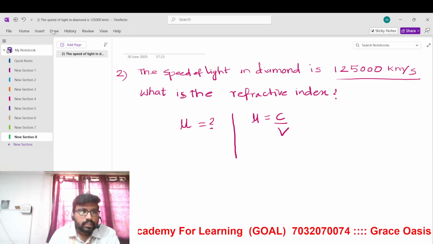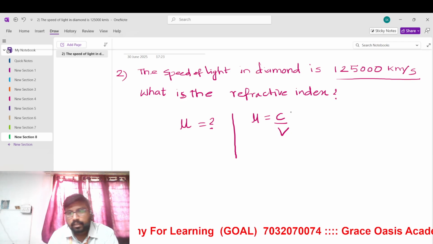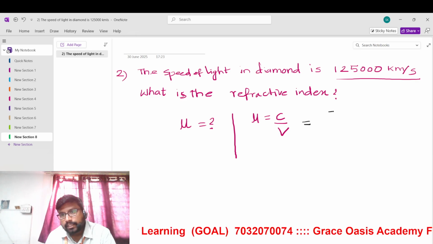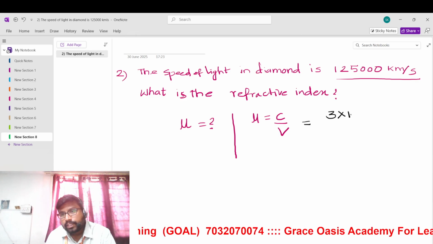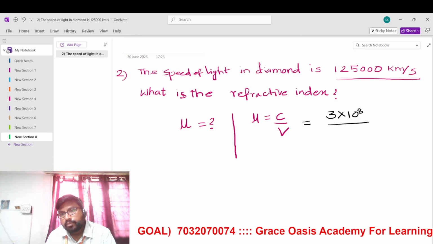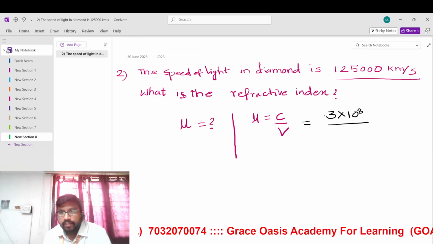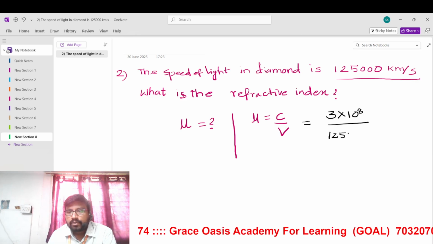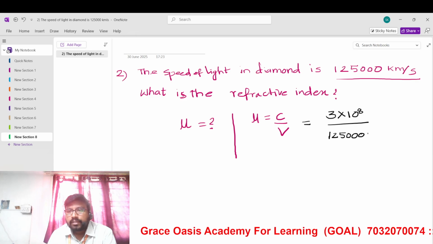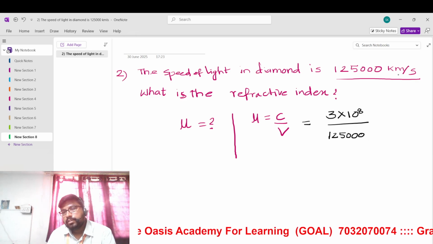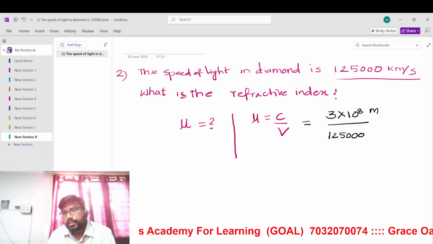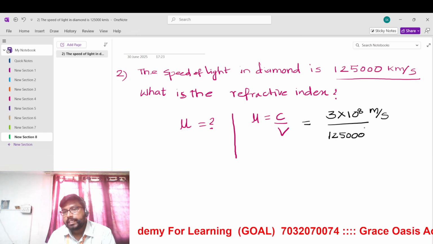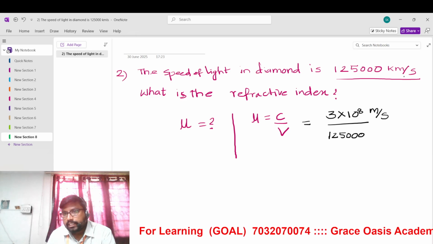We know speed of light in air, that is 3 into 10 to the power of 8 meter per second. But here v is given as 1,25,000 kilometers. So here on the numerator it is meter per second, in the denominator it is kilometer per second,